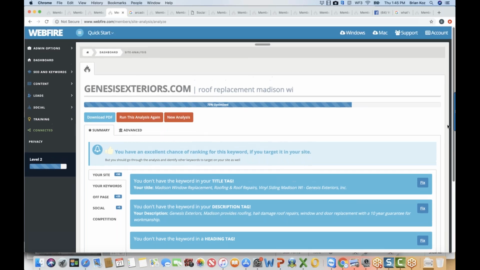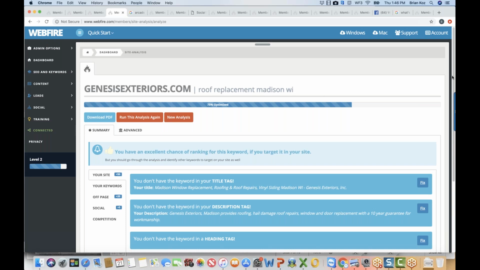We have had clients that have sold the analyses before, but I think probably the cooler thing is to give those out as a freebie, and then everyone says, okay, that's awesome, I don't know how to fix this, and then you fix the stuff for them using WebFire right here. And this is the kind of thing that, again, selling a service for thousands of dollars is not a far-fetched thing. For a lot of businesses, this can be worth thousands of dollars to them.